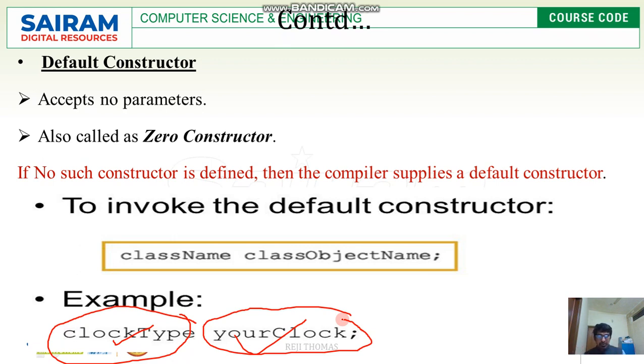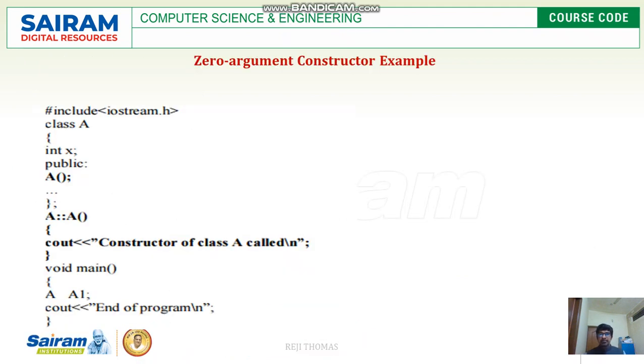If it is not called explicitly, the default constructor, or we can say the zero constructor, is going to come into picture.